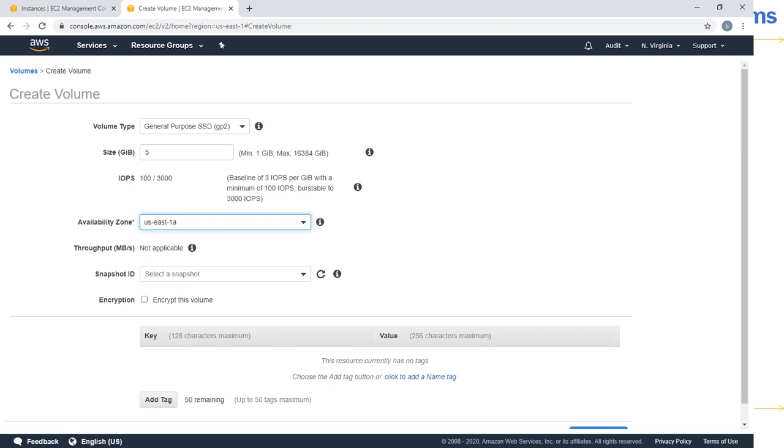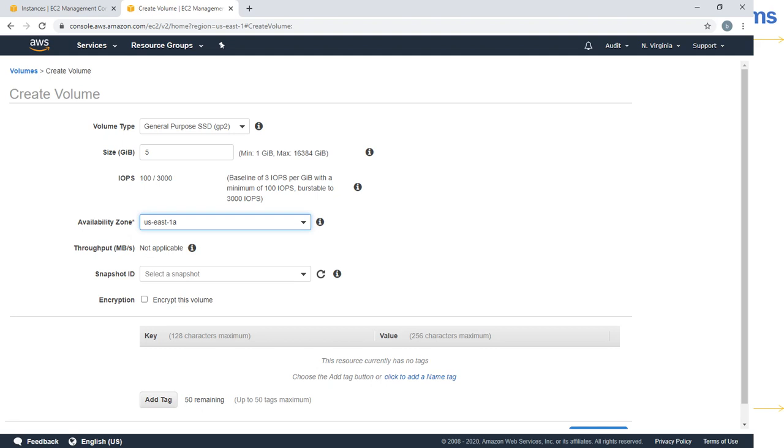The idea is very simple. Let us assume your computer is in one location and you are trying to attach an EBS volume in another location. How would it be? You cannot do it, right? Even if you are able to, latency is very high.